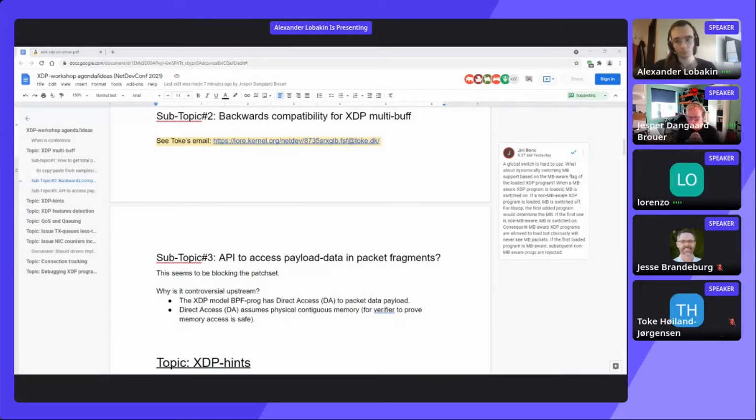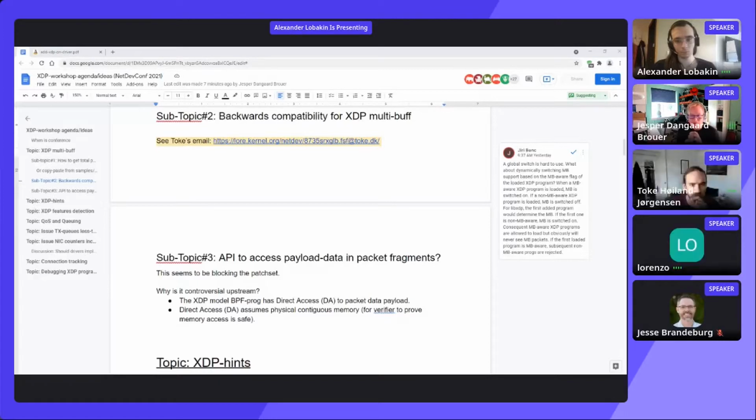So for topic 3, I actually wanted to propose that in the first iteration of the pad set, we simply don't give access to the other fragments. We only give access to the first fragment, and then just add a length function that you can get the length of the entire packet, but don't give read access to the bits or write access to the bits. But